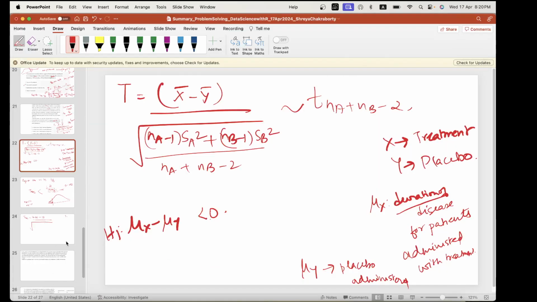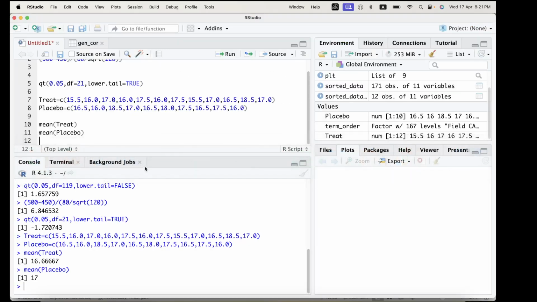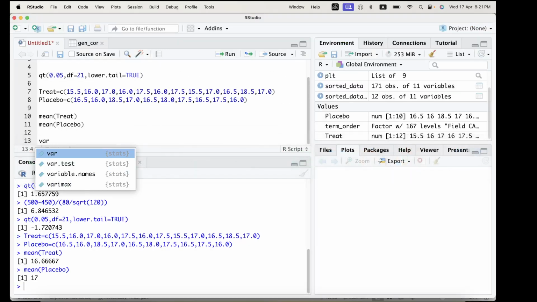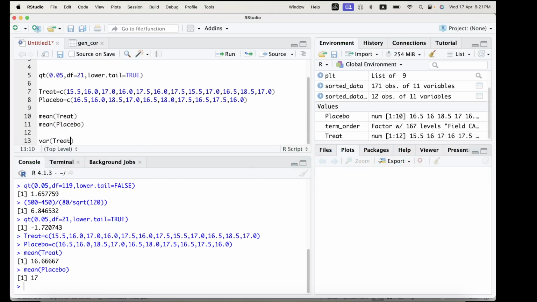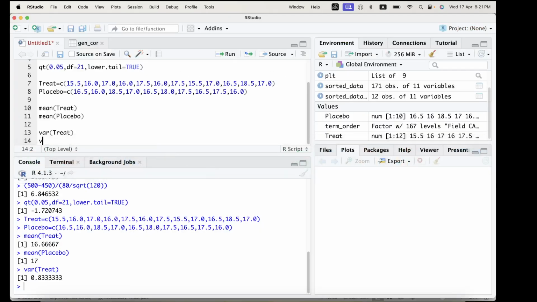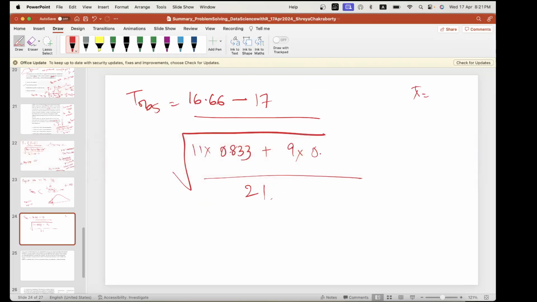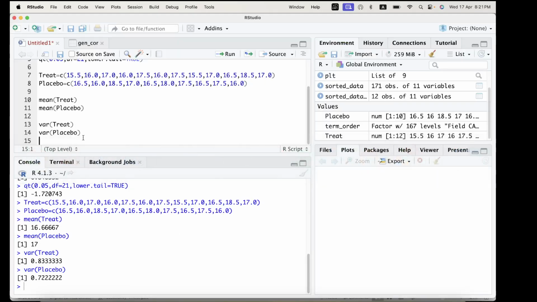then if I have to do this, SA square, so this would be 11 into SA square plus 9 into SB square by 21. SA square I'll find out here. Wait, variance of treat 0.833, and this will be variance of placebo 0.722. So I'll just find out how to do